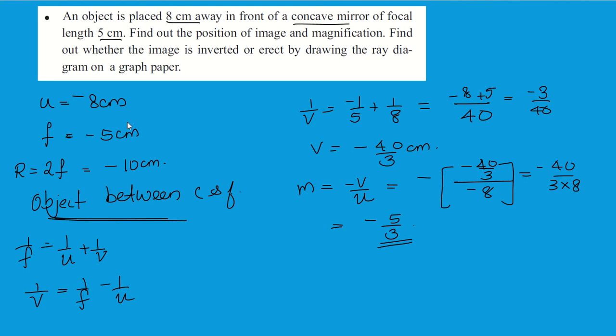See, ray diagrams alone may be asked in the exam, and then you can draw whatever we have practiced in the previous class. If it comes along with the numerical, that means normally it will be for 5 marks in the final exam. So in that you have to draw the ray diagram, then mark the values as per the question.